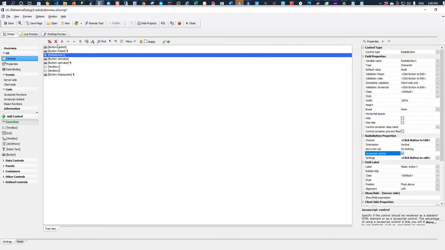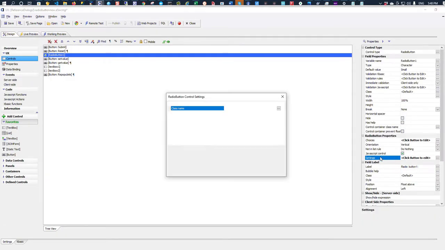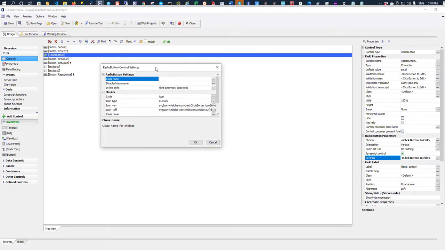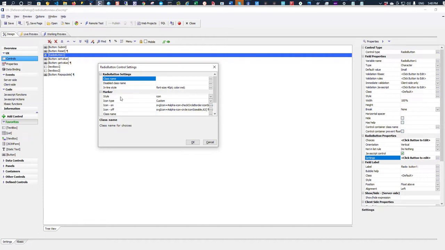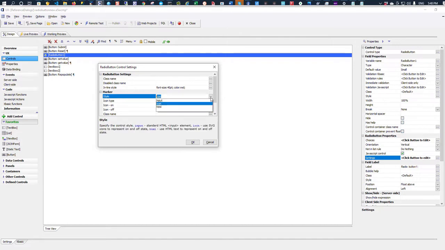If we go back to design mode and we go into settings, we can see that we've got class names for the control itself and also for its disabled state. We've got an inline style that says the font size is 40 point and the color is red. We've chosen that the marker style is icon as opposed to input, which is a standard appearance, icon, which are SVG icons, and HTML, which is any HTML text that you want for the on state and for the off